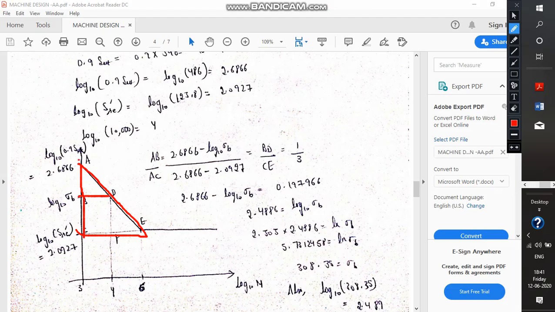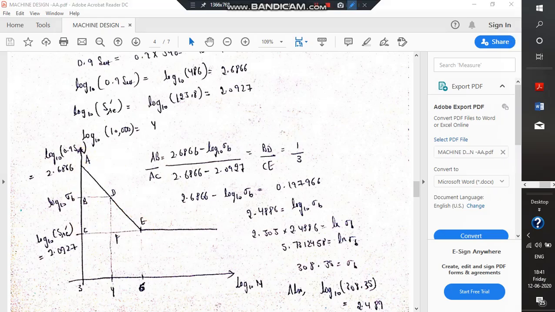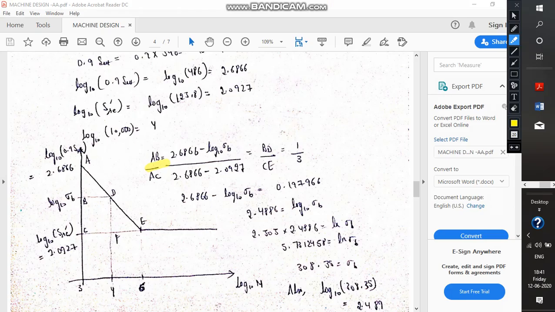So these two triangles, we are going to solve this question by the simple concept of similar triangles. The smaller triangle ABD and the larger triangle ACE are similar, and that is why AB divided by AC equals BD divided by CE, and the same thing we have written. Now there is no point regarding the value of the point AB. What is AB? It is nothing but the difference of these two, and we have written it.